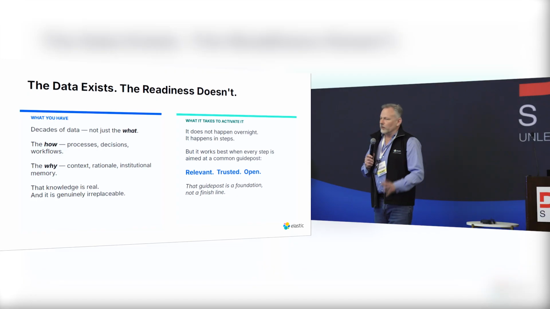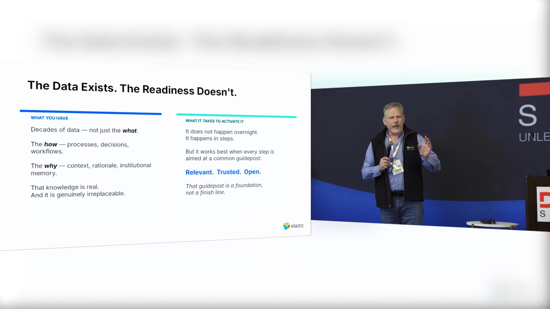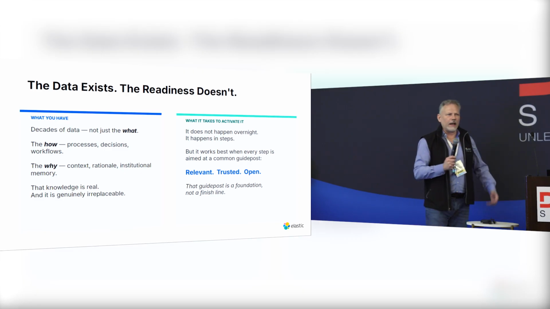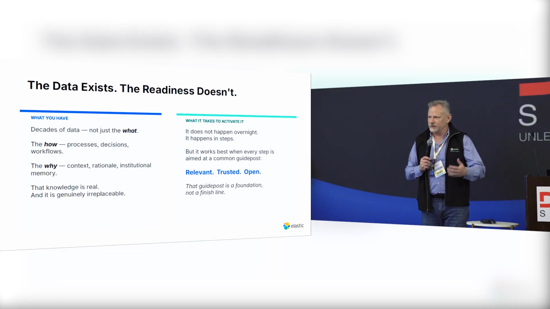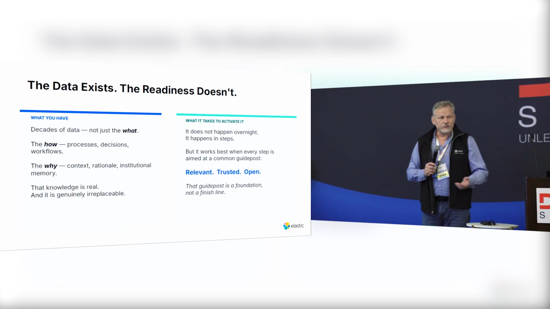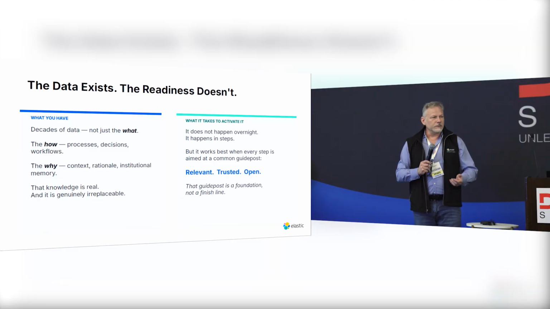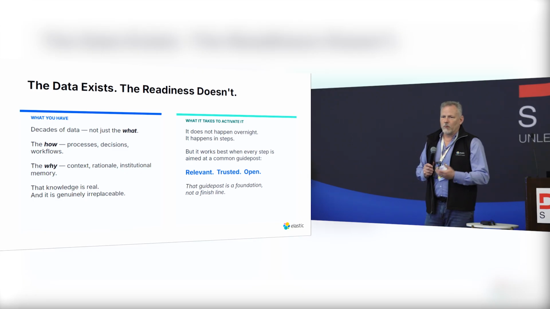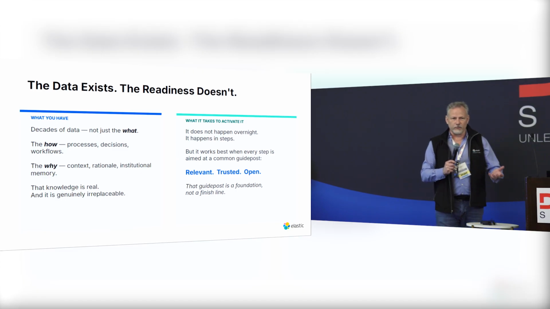The one thing we want to make sure of is, once you have that identified, how do you organize it? How do you prepare it? And how can you easily get it ingested in a way that makes it relevant, that you can trust is usable and consumable and will fit the purpose, and is also accessible across the whole spectrum, however you wish to make that agent work for you.